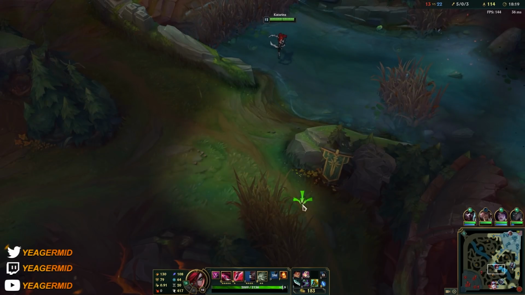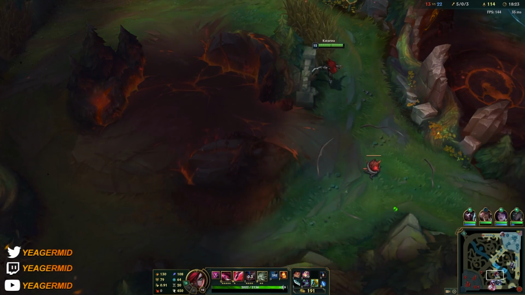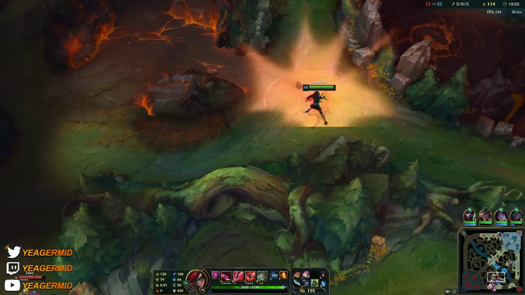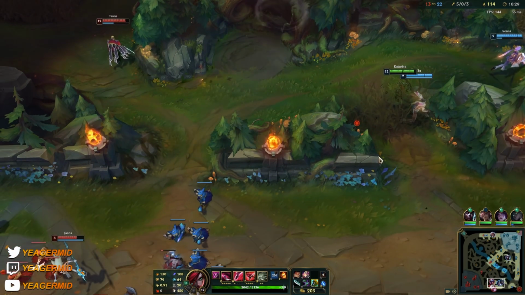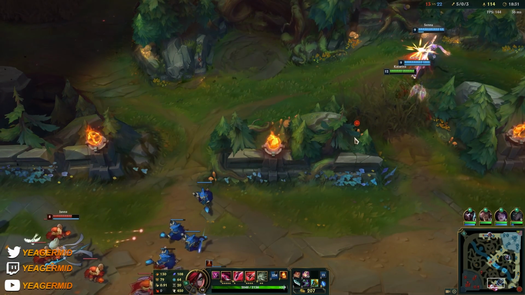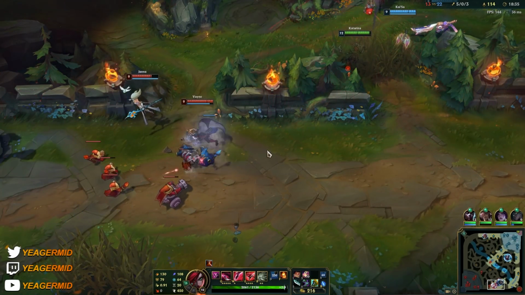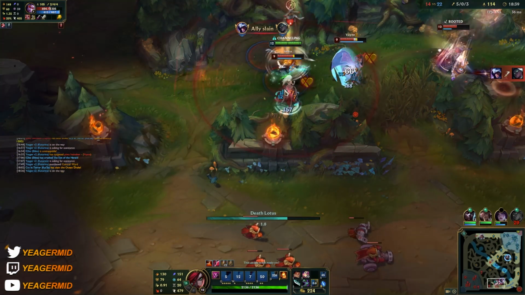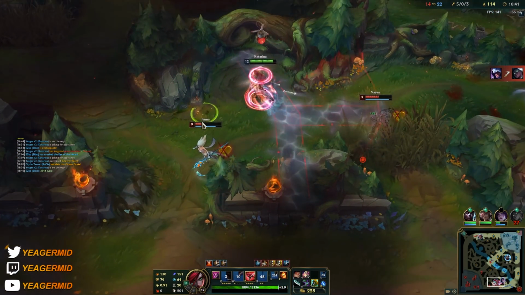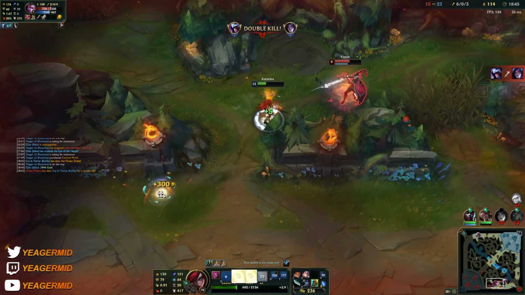So when you go in on this champion in a team fight, try to stay back and be patient. Try to wait for them to use their important CC and mobility spells, and then you go in and clean up. You're basically on cleanup duty when you play this champion. He's gonna die, but...